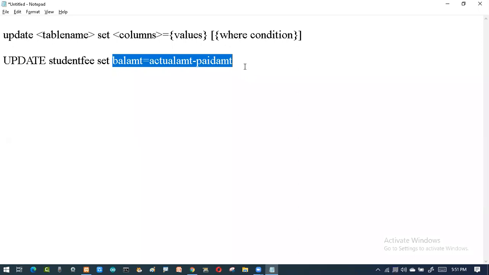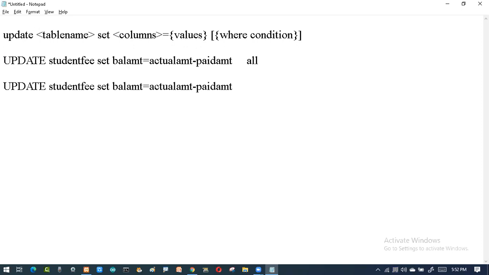So we don't have a specific formula or syntax for that. This is a general syntax. Depending upon that, I'll be using it. If you want it for all, this is going to be used for all the persons. Only for specific, that means suppose the same thing I want to calculate only for one person, then I'll be writing where ID is 2.